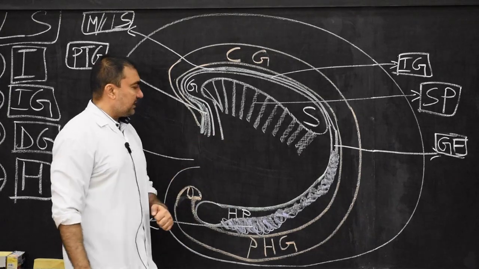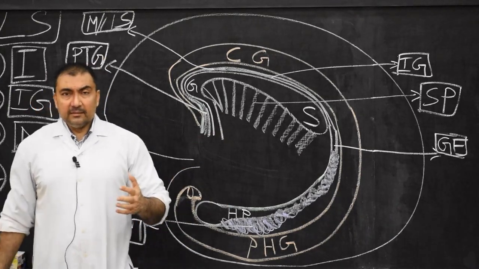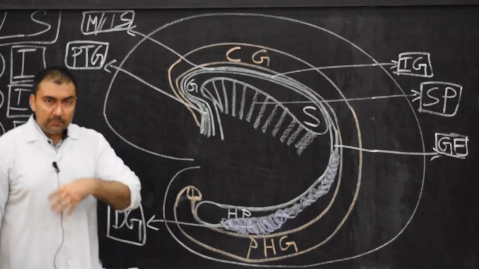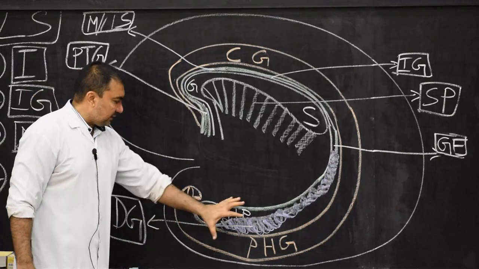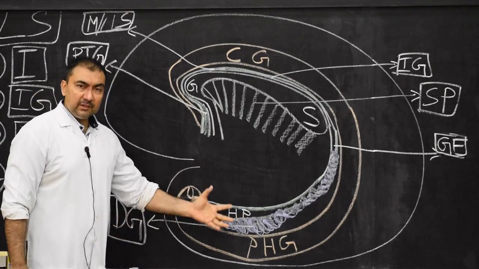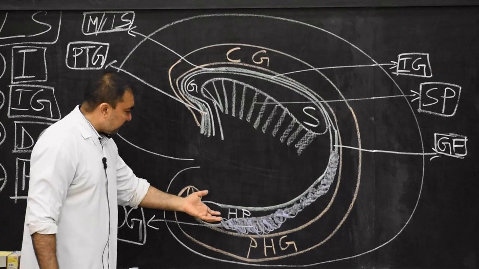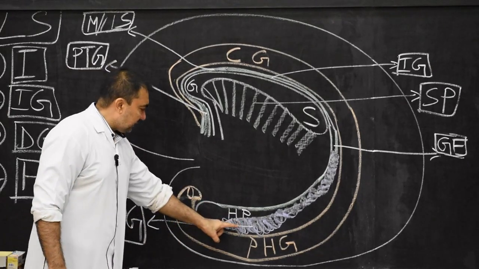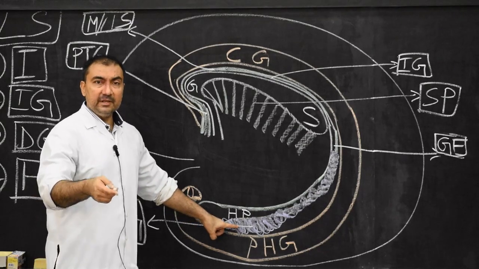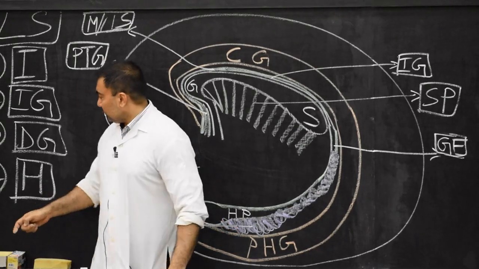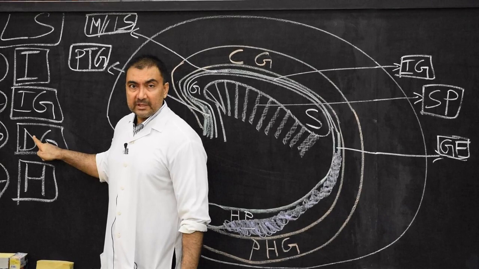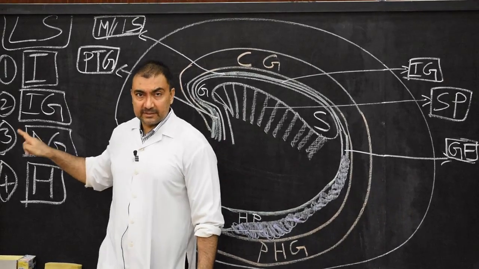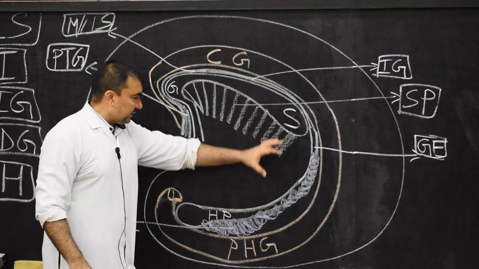Now we come to this entire hippocampus, which will be more prominent in the lower part, in the temporal lobe. In the lower part in the temporal lobe, this hippocampus will be very prominent in the form of dentate gyrus. The dentate gyrus which we have drawn will come in detail when we take point number 3. We'll go in detail over there. So this is the basic introduction.